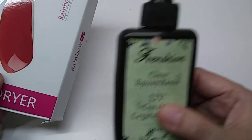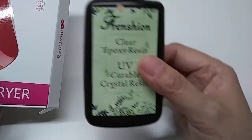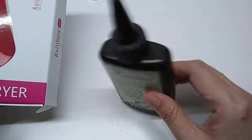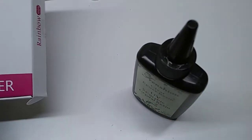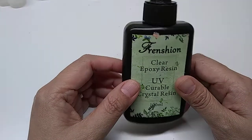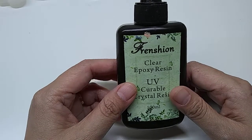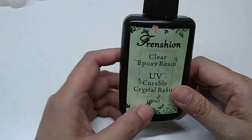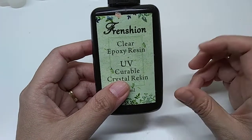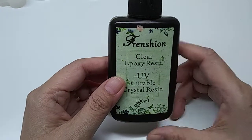This is good enough, and I was surprised at how many resin things I've done with just one bottle. It's now almost empty. What I don't like about this one is that some of the things tend to be tacky after, and there's a lot of people talking about UV resin being tacky after. I've found a way to kind of minimize that, which I will talk about in another video, but